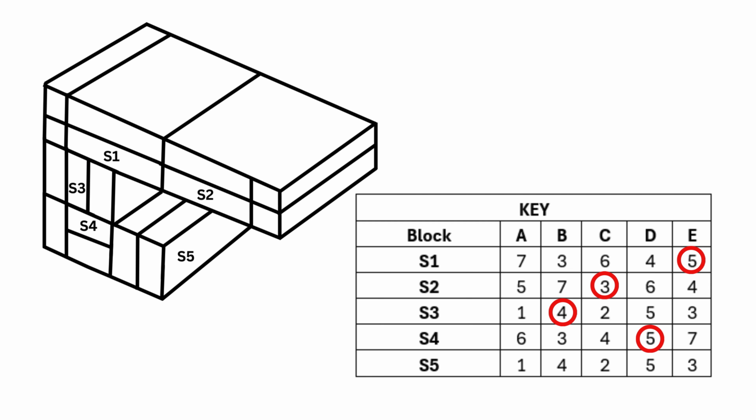And finally, S5 is only touching one block on the left. This may seem obvious, but going back to the floating formation, if you're rushing, you may think S5 is touching S2. Additionally, you might notice there are 5 answer options, and often the correct answer is not the highest or lowest choice. So if you're running out of time and need to guess, selecting a middle number can increase your